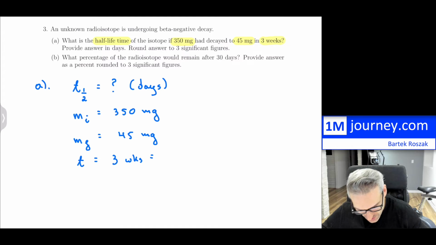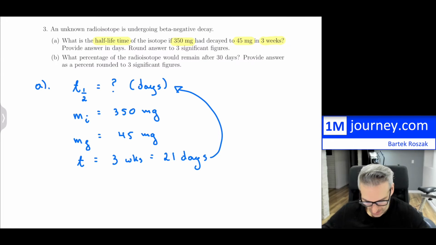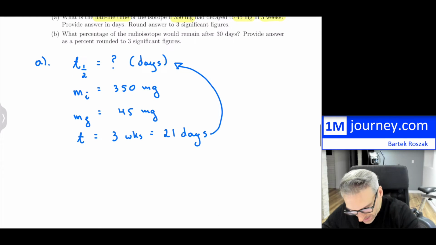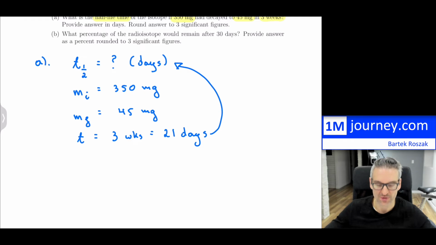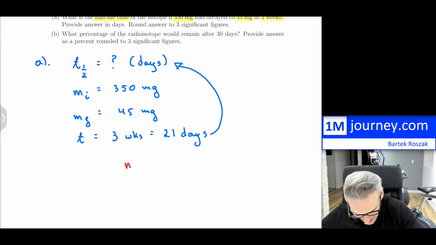Now 3 weeks, so there's 7 days in a week. So we have 21 days. Now I'm going to change it to days because that's exactly what they want, right? So they're asking us to keep this in days. So if you go back to this, this is just a standard equation for half-life. So you can set it up in various ways. So one of the ways that you can set this up is that your final mass is equal to your